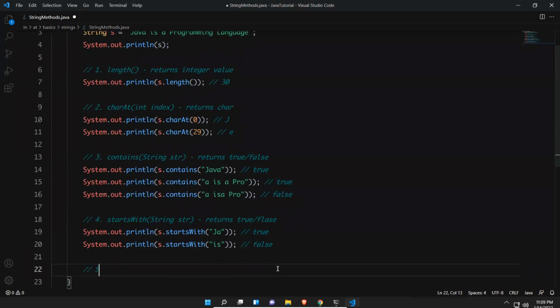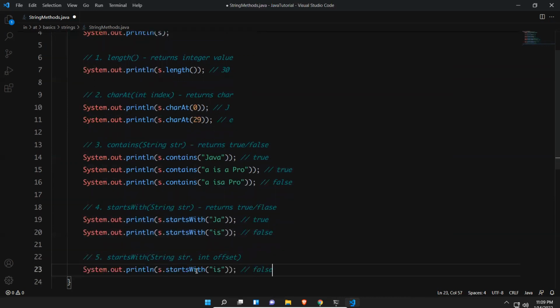So now we'll try to see the other one. startsWith, and then string str comma int offset. So we failed here, right? So how can we make that pass? Not only startsWith, but at which index it is starting with the same.